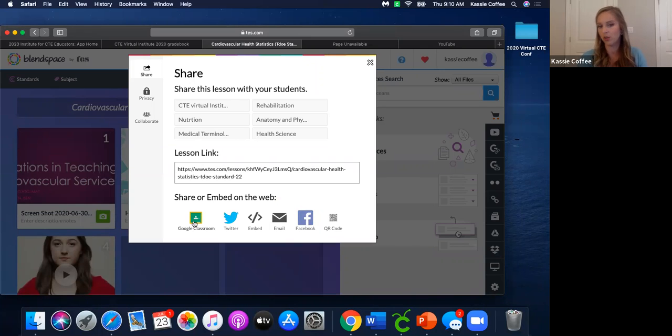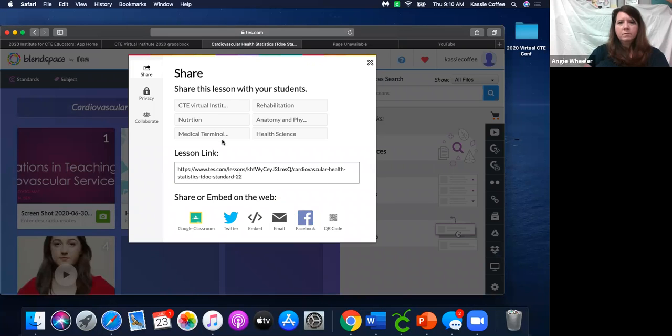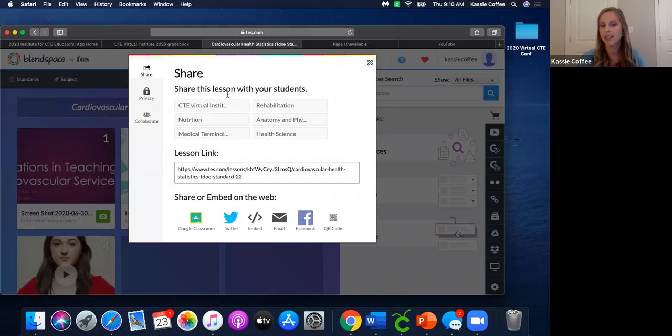You can do it on Google Classroom. You can do it on Twitter, Edmodo, Facebook, whatever platform you have. If you even want to do it on a QR code where students can go and scan it and just access it that way, it does so. If you want it to be something as simple as you copy and paste a link, it can be done here. And then the cool part is it's already got my Google Classroom tied into it.